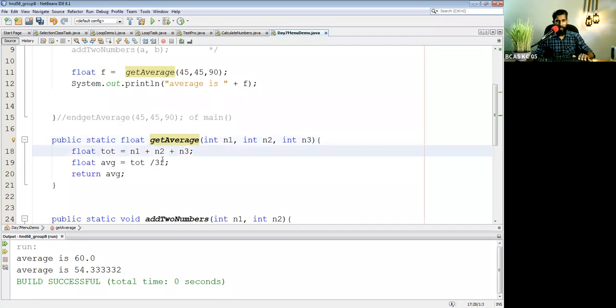Once you go inside the code, first we are declaring a variable called tot, and we are adding n1, n2, n3 all together, finding the total. Next line, we are finding the average by dividing the total by 3 because we have 3 entries here. Once we obtain the average, the last line is very important, line number 20, we return